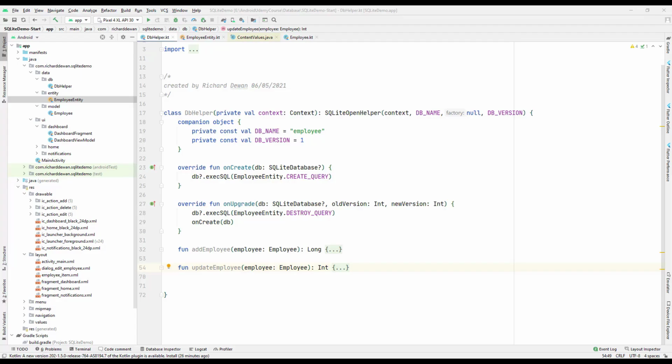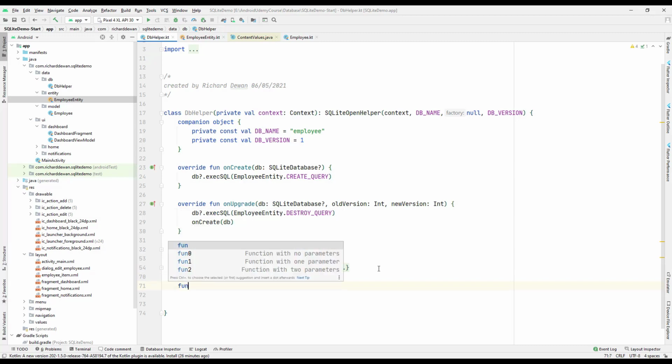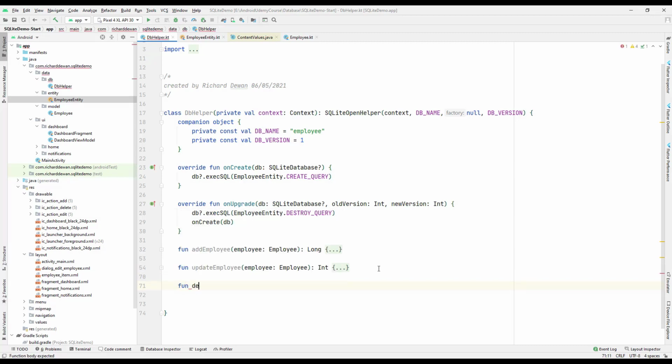Hello there and welcome back, and let us continue. We have created a function to add as well as to update the employee, but next we'll add a function to delete an employee. So I'll just say delete